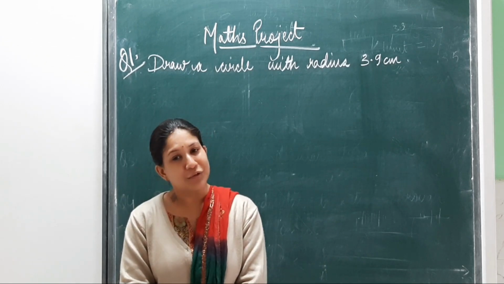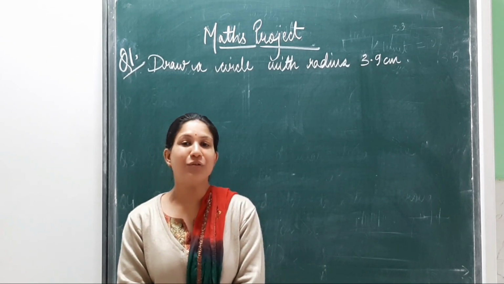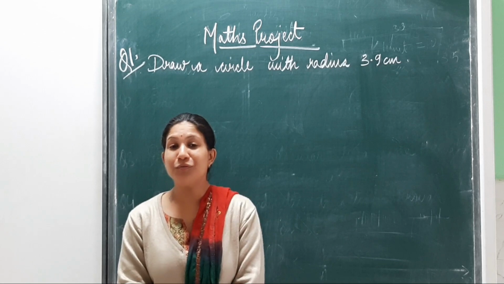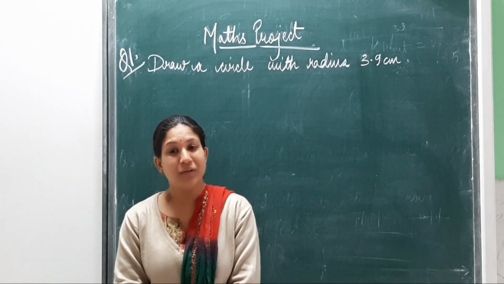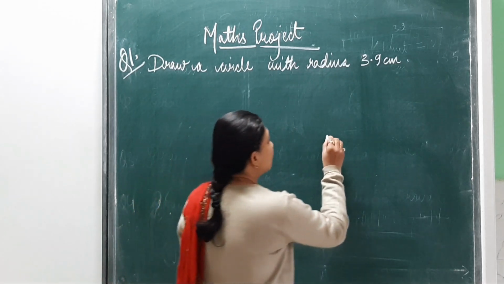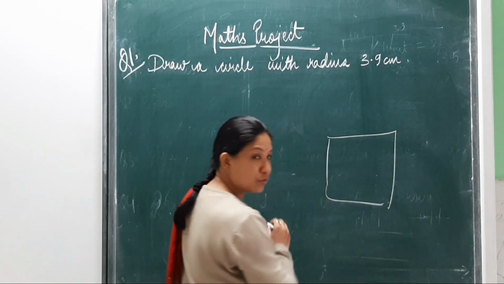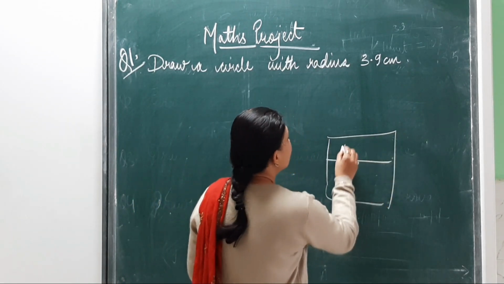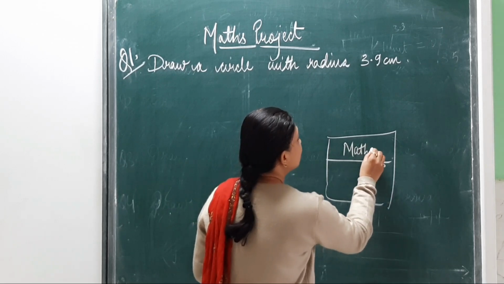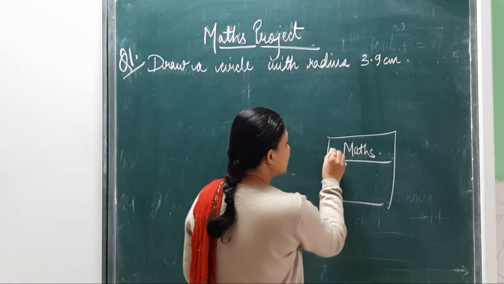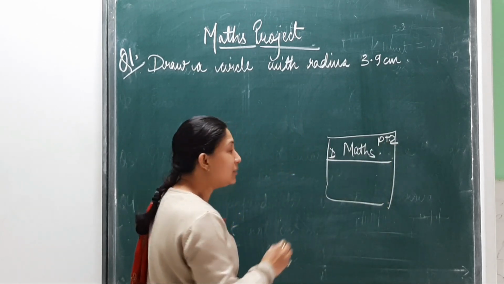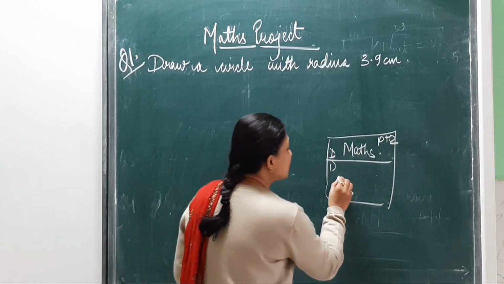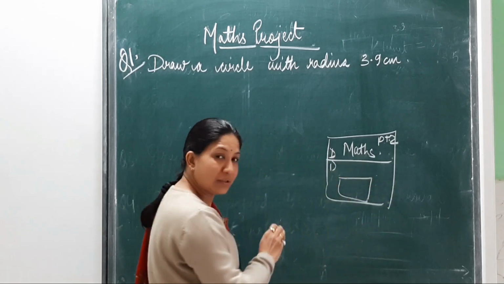I will write down the question, and explain how you have to do it and what you will do. After watching the video, you will copy the question. First take a fresh page of your maths notebook, write down maths activity and the date, and write down this is for PT2. Clear? Then write the first question, do the work, turn the page.